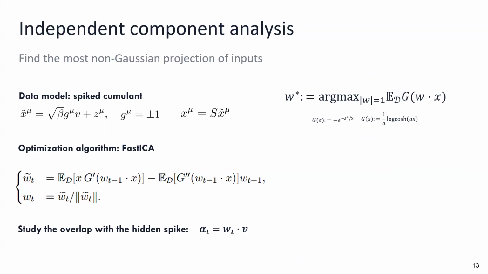G, exactly. It's basically the function that defines the algorithm, but keep in mind that G is one of these two. It holds also for other functions. So it's either e to the minus s squared over 2 or a log cosh. It could also be a 4th degree Hermite polynomial. So there are some choices that you can make. The important thing is that it's a function that finds non-Gaussianities in the data. So yes. Why log cosh?